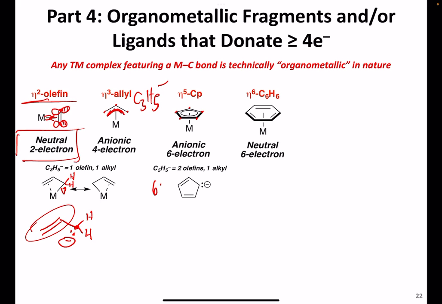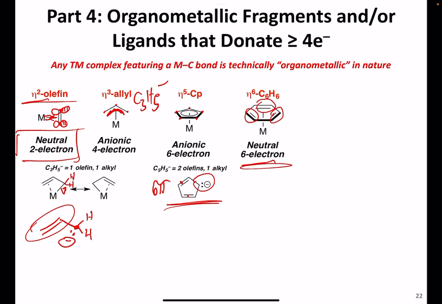When we get to Cp, this is an anionic 6-electron donor. It is a 6-pi electron aromatic system. The best way to think about it as a 6 electron donor is that one valid resonance structure is shown here. Notice that it has 2 olefins. You can think of that contributing 2 and 2 electrons, followed by a carbanion donating 2 more electrons for a total of 6, with the negative charge as well. Benzene, on the other hand, you can think of it as having essentially 3 olefins. We know that this is fully delocalized, but if you have 3 olefins, each contributing 2 electrons, that's now a neutral 6-electron donor. So now let's count